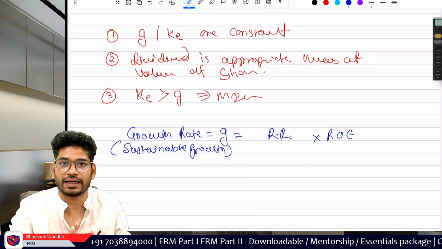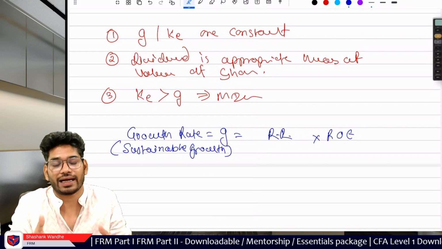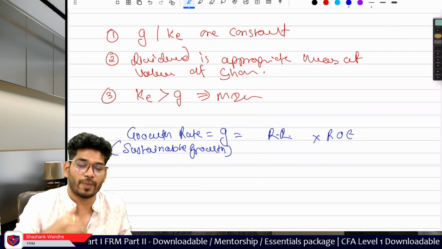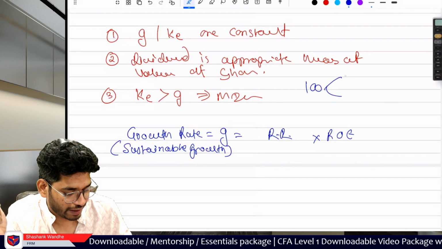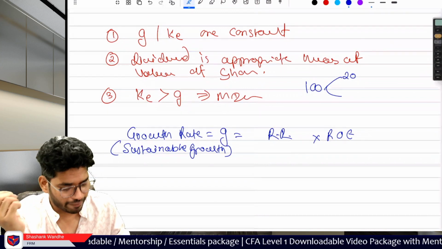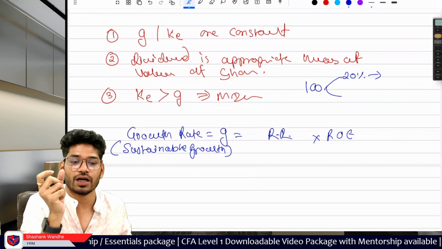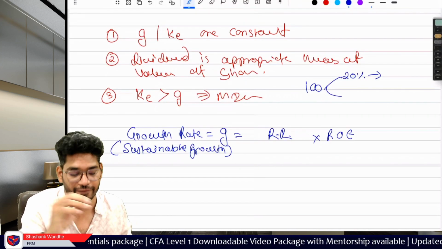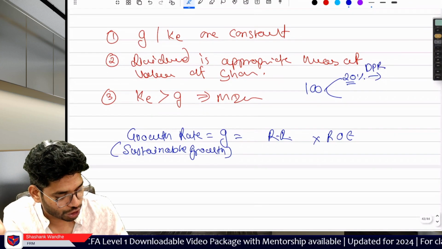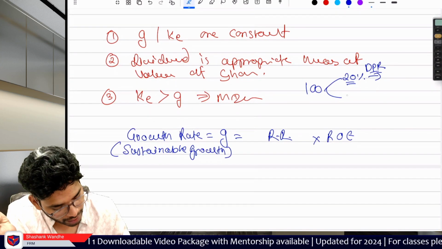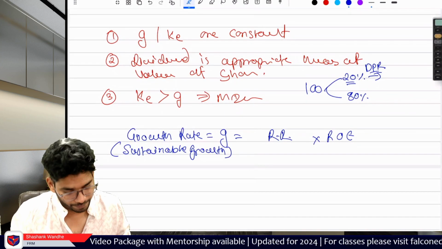How much is retained? Retained simply means this year whatever is earned by the company, out of this net income, how much is retained by the company and how much is distributed by the company. If company earns 100 and pays dividend of 20%, so 20% is paid in the dividend. I'm not talking about the dividend rate here. I'm talking about the portion of EPS. 20% of EPS is paid in the dividend, which is known as the dividend payout ratio, DPR. So company is holding 80% of this 100 with them.